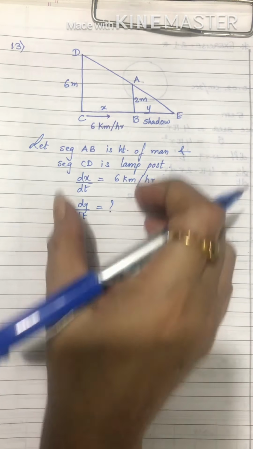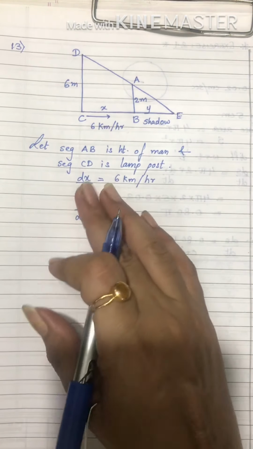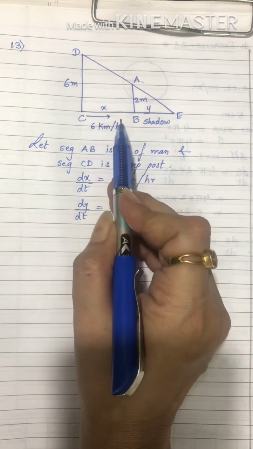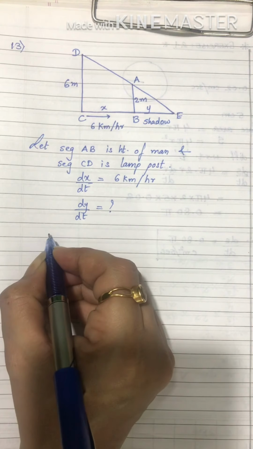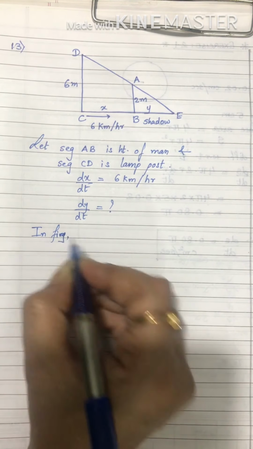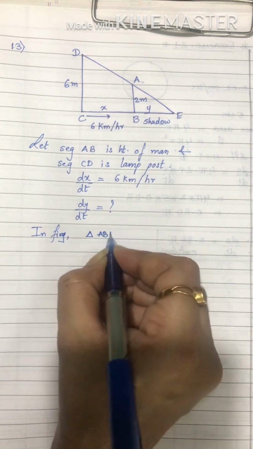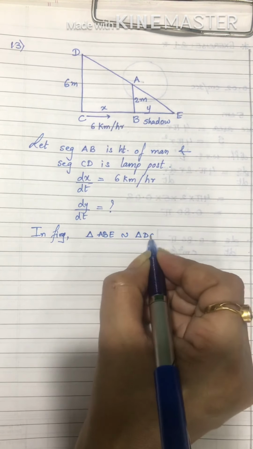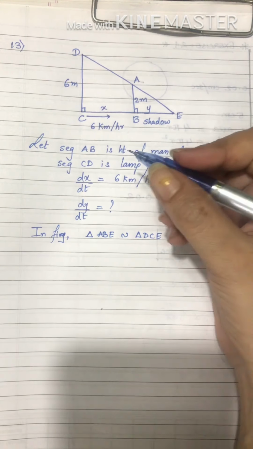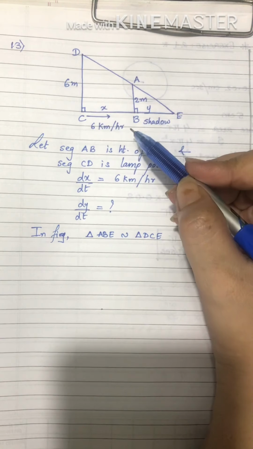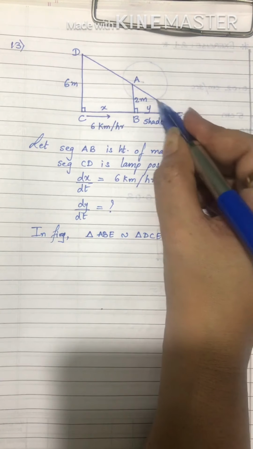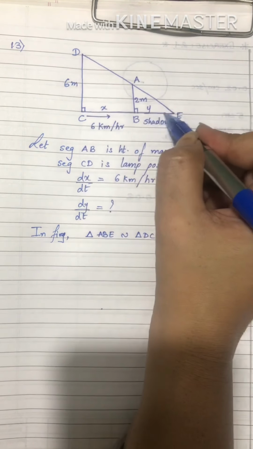Fine. Now in such sums, see there is nothing specified as area of triangle or any other formula which we can use. So we will use properties of triangle. Now here I am using property of similarity of triangles. So we have in the figure triangle ABE similar to triangle DCE. Now see here angle ABE is 90 degree. Conventionally a lamp post and tree and buildings, we take them perpendicular to the ground, so we get these angles as 90 degree. And then angle AEB congruent to angle DEC, this is common angle.